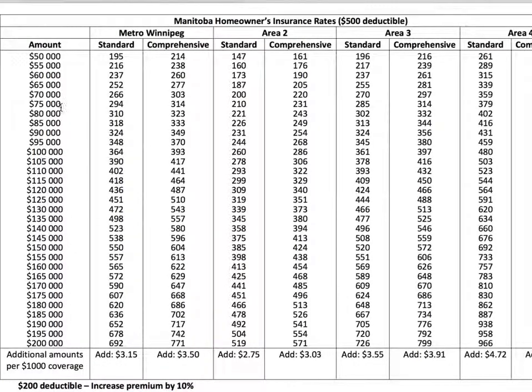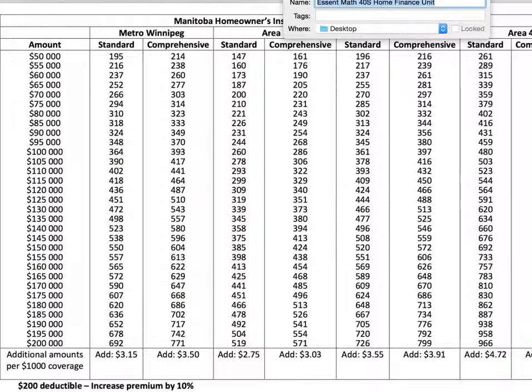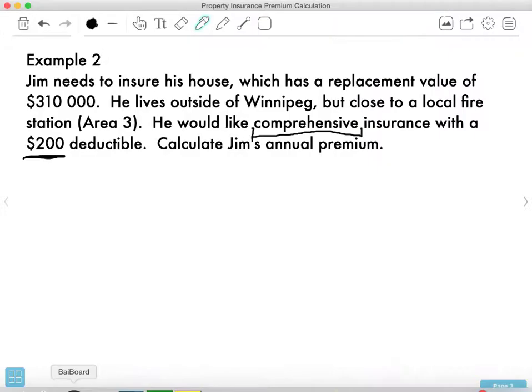You'll notice our problem is that as we go down the chart, there is no $310,000. The chart doesn't go high enough. So here's how this works. You find Area 3, go as high as you can, which is $200,000. Go under Area 3 and Comprehensive, and you see $799. So if he wanted $200,000 of insurance, it would cost him $799. So I'm going to go back here and I'm going to put for the $200,000,